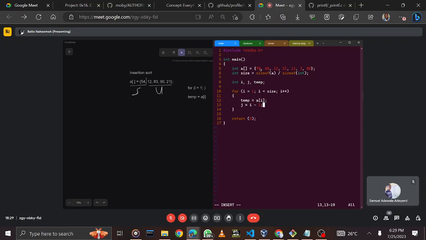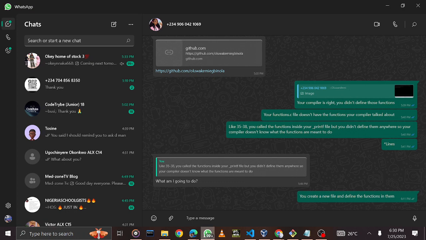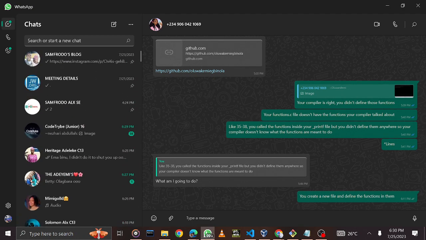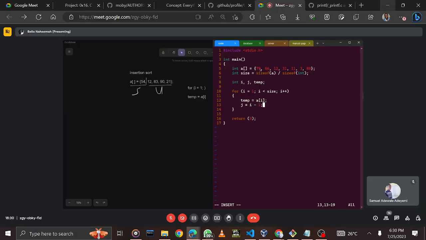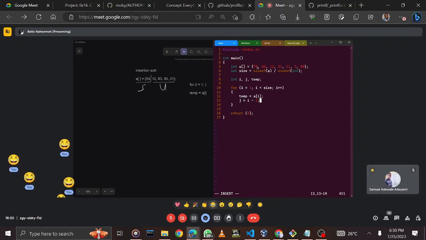Okay, that's nice. So I'm going to take another loop. I can work with a for loop here, but I think a while loop will make the condition clearer. A for loop can work too, but I'm going to take a while loop. My inner loop is going to run as long as J is greater than or equal to 0. Remember that our J is the one handling the sorted part. We don't want our J to be anything below 0, because anything below 0 is index minus 1, which doesn't make sense here. In Python it does, but in this case we don't have any element at index minus 1. So as long as our J is greater than or equal to 0,